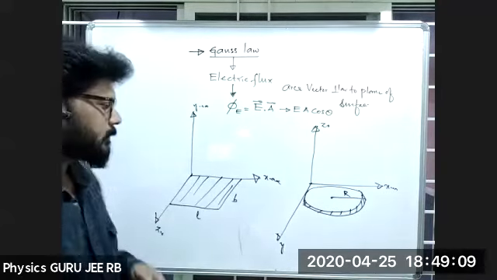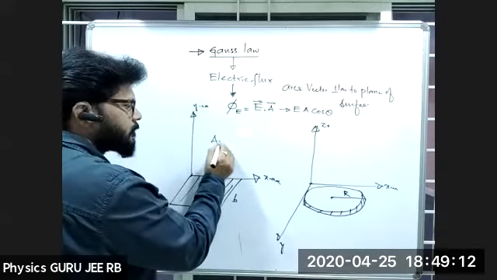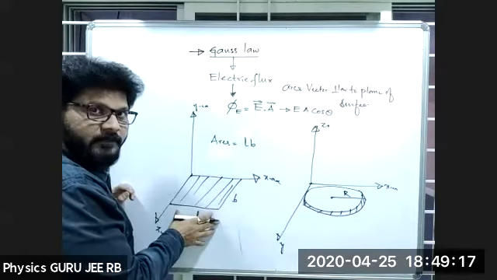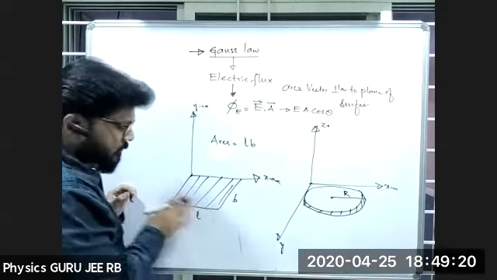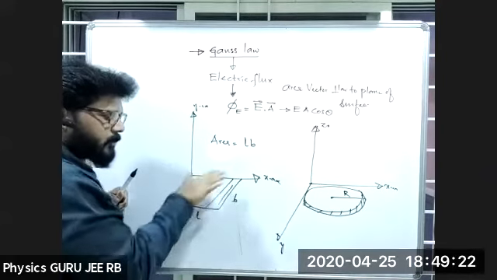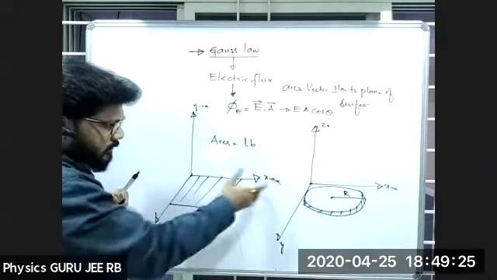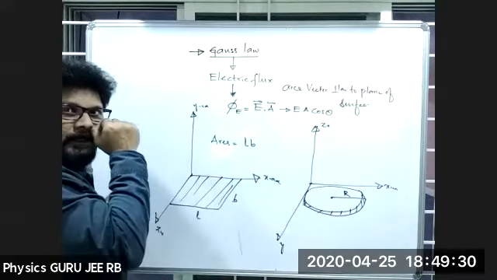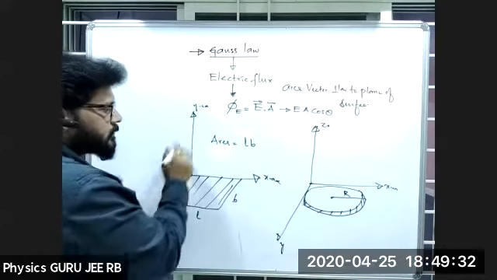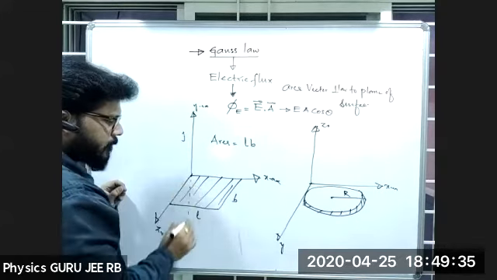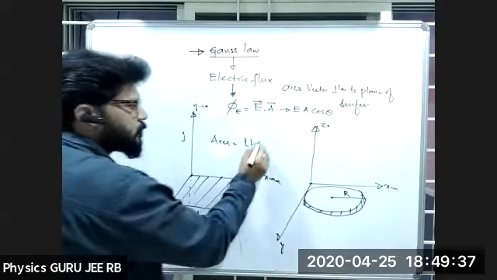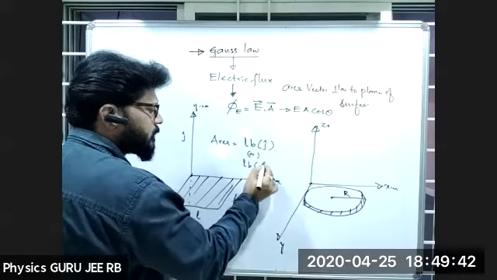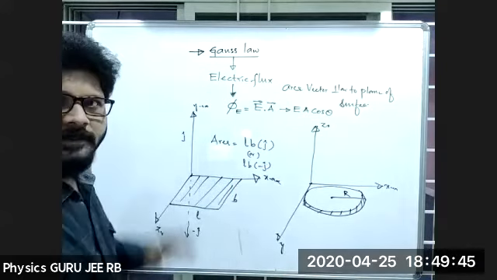See, the area of this plate is equal to length into breadth. Length into breadth is giving the magnitude. If I want the direction for this one, I can curl from length to breadth or breadth to length. That means this is in which plane? The X, Z plane. So this is J cap or minus J cap. Two possibilities will be there: L into B J cap, or L into B minus J cap. These are the two possibilities of area for this one.